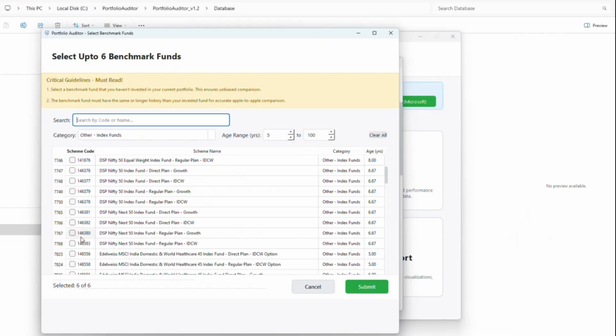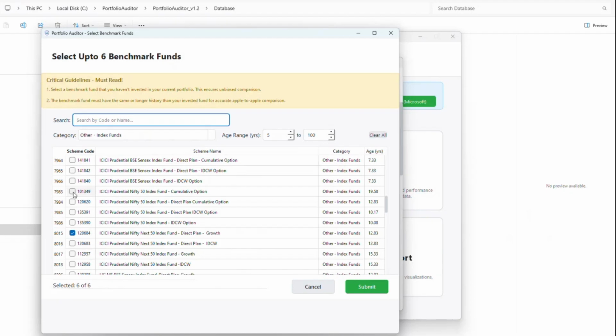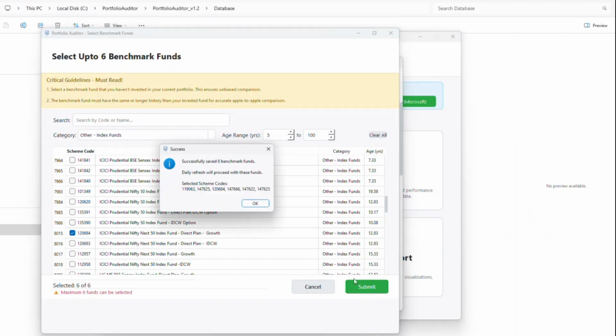If you look, I have selected 6 funds. If I try to select any other fund, a maximum of 6 funds is allowed to be selected as benchmark funds. So I have selected these 6 funds, which are equivalent to my portfolio investment period or anything more than that, that I can compare against. Okay, on clicking the submit button,